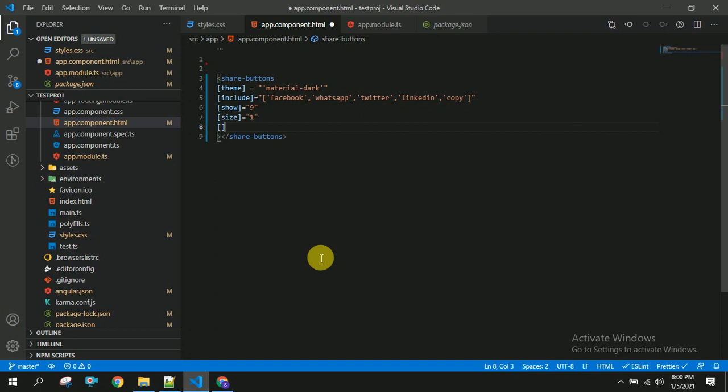The next one is URL property, so what you want to share. If you want to share your website URL, then you can specify here. The last thing is auto set meta.